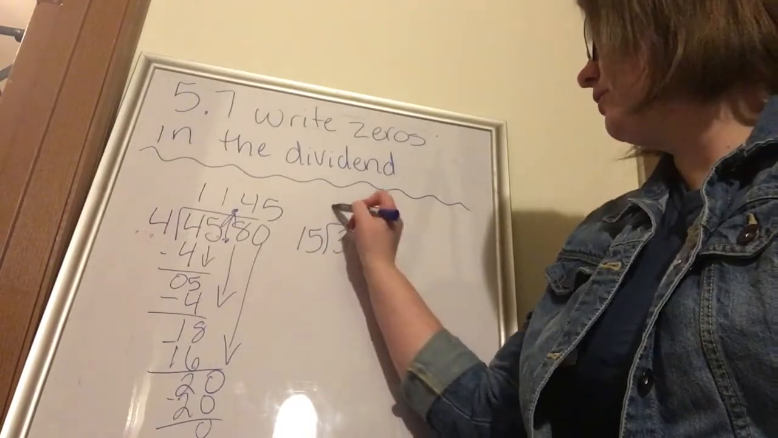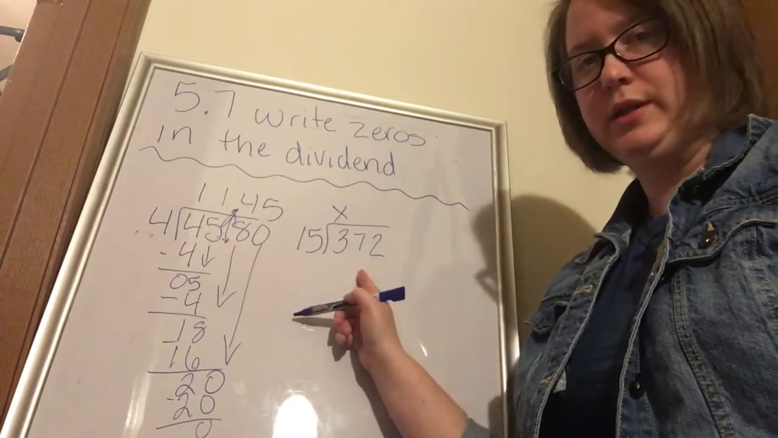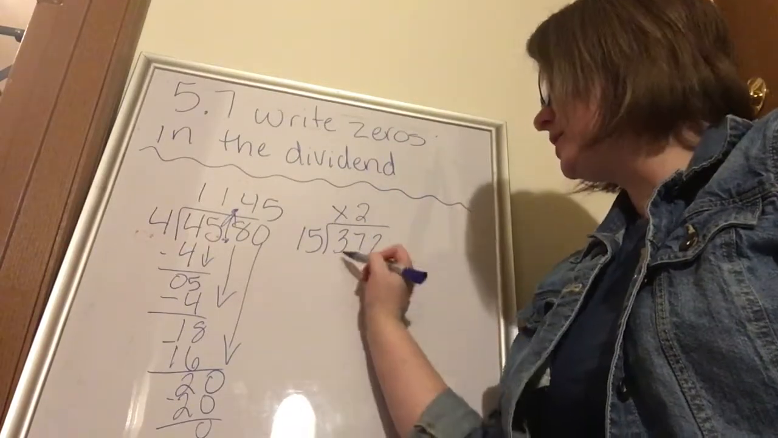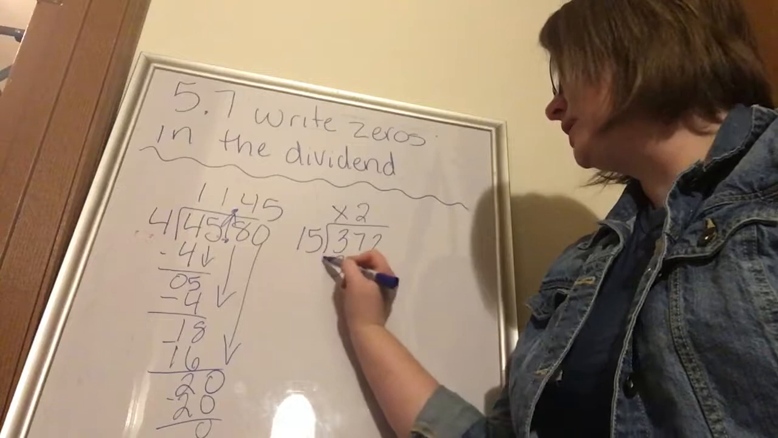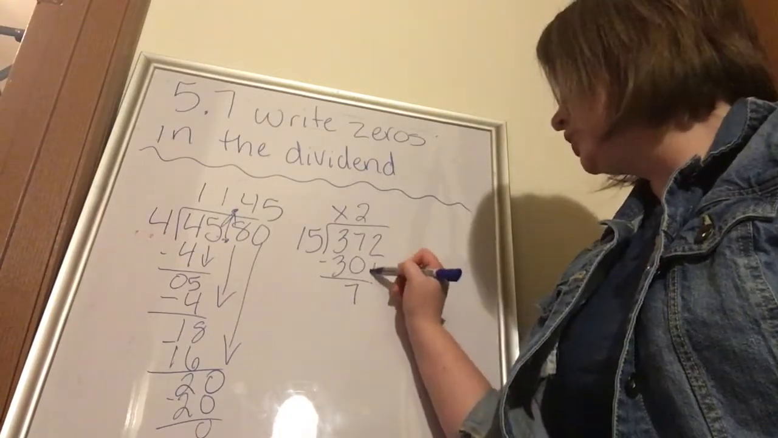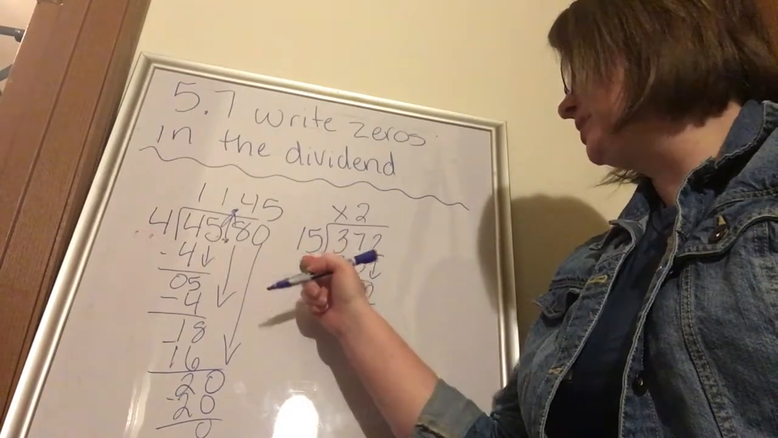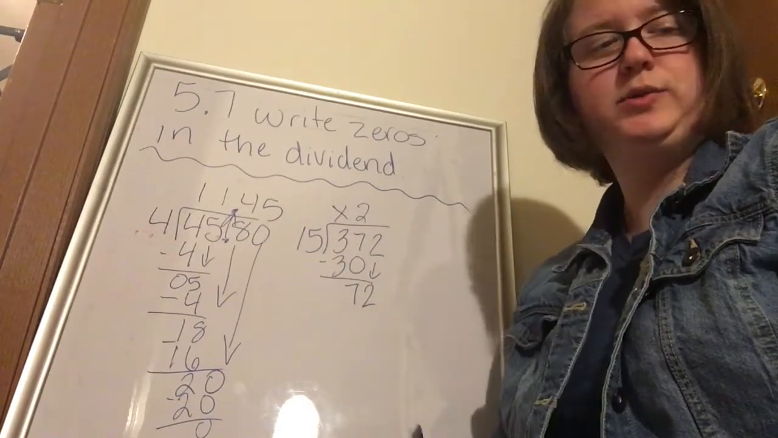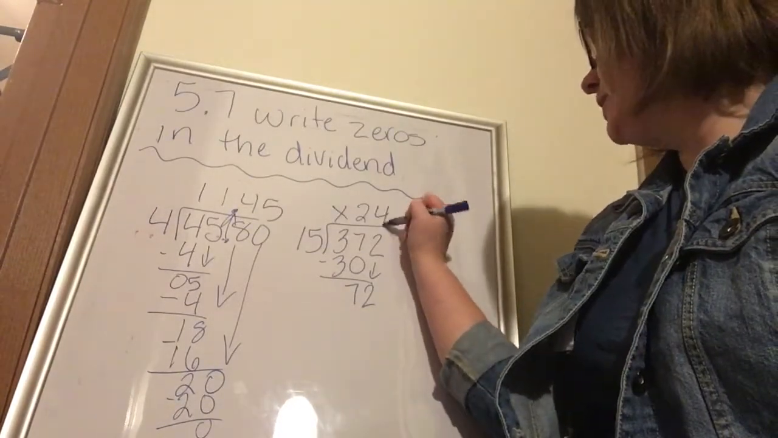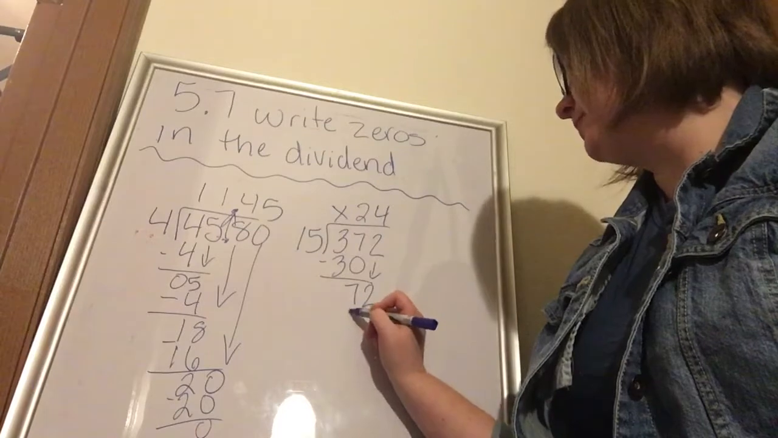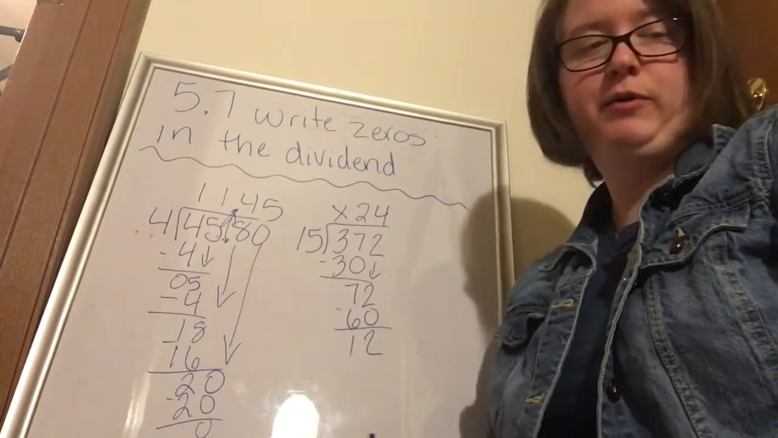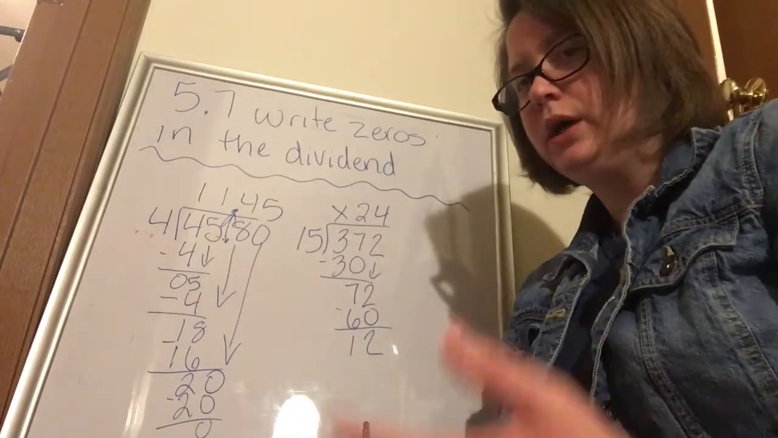15 doesn't go into 3, but it does go into 37, and it's going to go into it 2 times. 2 times 15 is 30. 37 minus 30 is 7. Bring down your 2. How many times does 15 go into 72? Well, it's going to go into it 4 times. 4 times 15 is 60. We subtract, we get 12. Okay? Now,